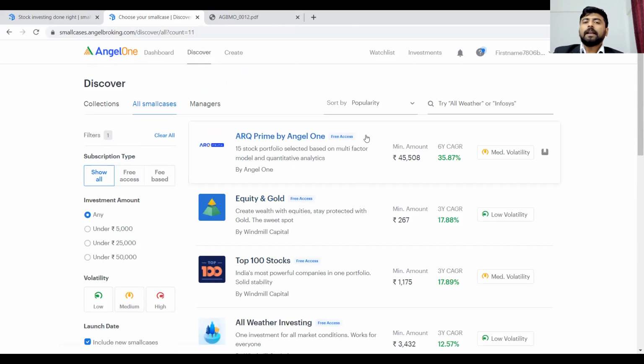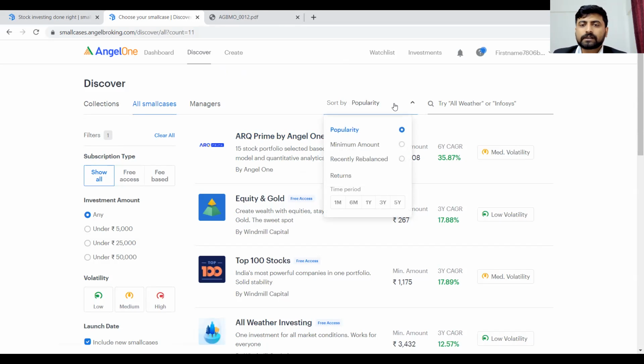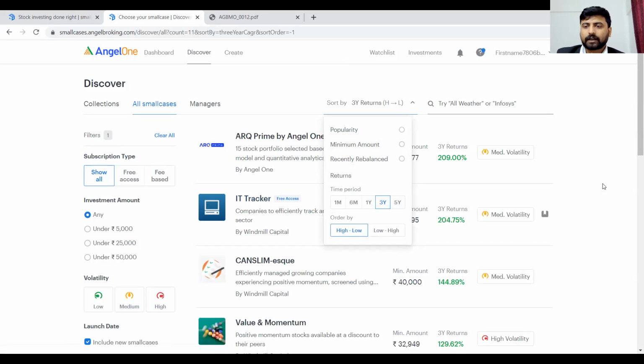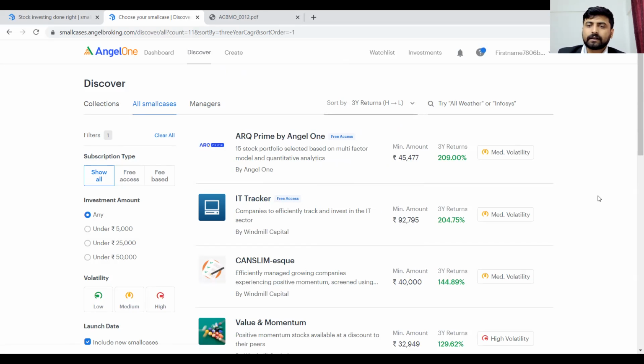Now, if you wish to explore small cases depending on just their performances, it is strictly not recommended that you do that. But if you wish to do that, what you can do is make use of the sort by functionality here. So what you can do is click on sort by and then select the time frame of your choice. If you wish to see the small cases which have given the best performance in the last 3 years, you can click on the 3-year button over here and you will see on your screen each small case with